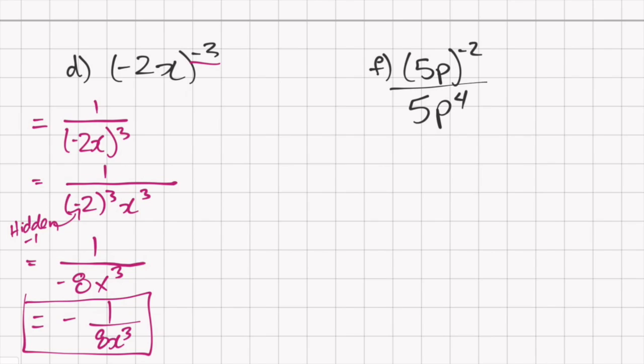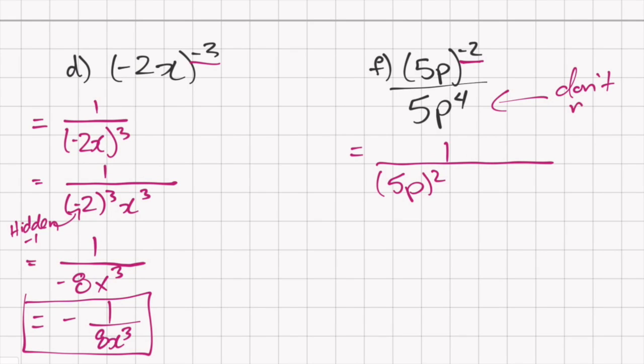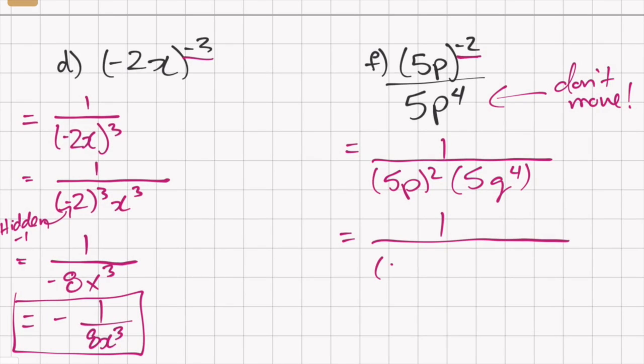Okay, let's keep moving. In this question, we have 5p to the exponent negative 2, where the negative 2 is outside the brackets, and that's being divided by 5q to the exponent 4. Now, if I have this outside the brackets, that means that what I need to do is take what's on top, the numerator, and put it underneath the denominator with a positive exponent. So this becomes 5p to the exponent 2. But here's where that rule we talked about before comes into play. We don't move exponents that aren't negative, so this one stays on the bottom. And our answer there is 1 over 5p to the exponent 2 times 5q to the exponent 4. But we can